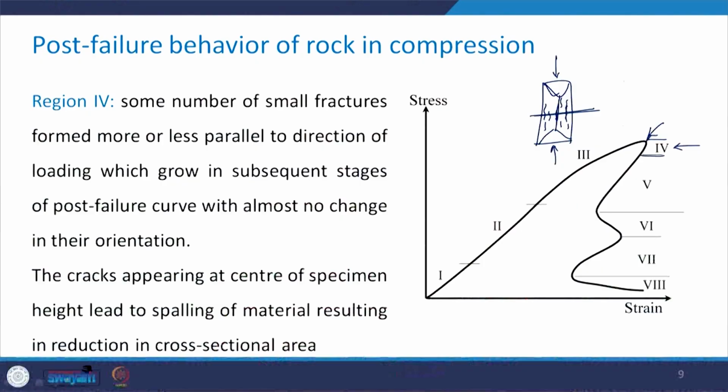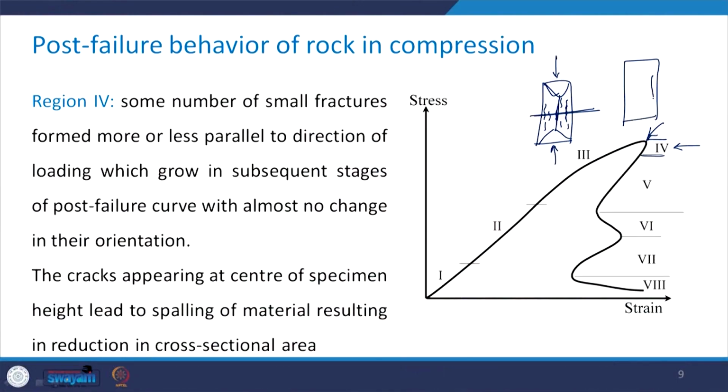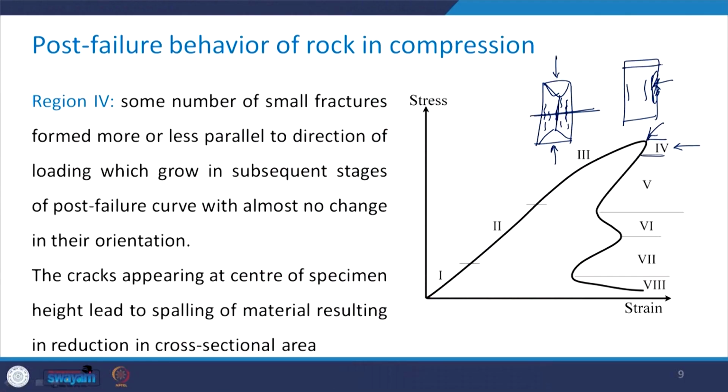So the cracks appearing at the center of the specimen height, that is in this zone here, lead to spalling of the material. I have already explained to you what exactly this spalling of the material is. So you see that it is there and the cracks are being formed, and what will happen is that this much portion may chip off from here. Okay. So, what will happen when the spalling takes place, the area which was originally this gets reduced to say maybe this. So, there is reduction